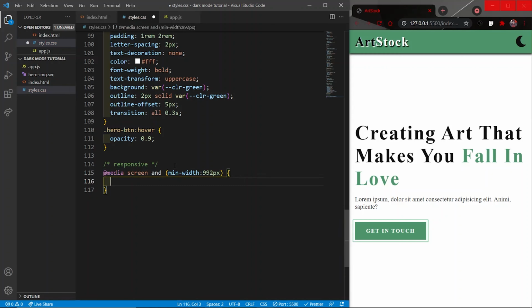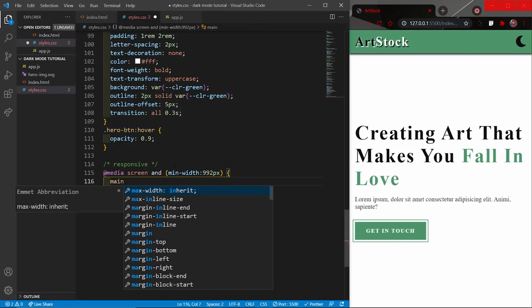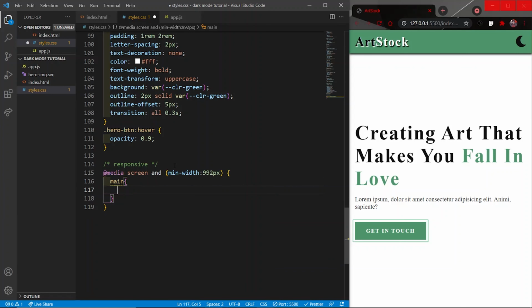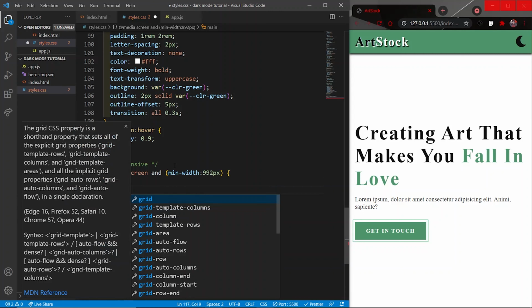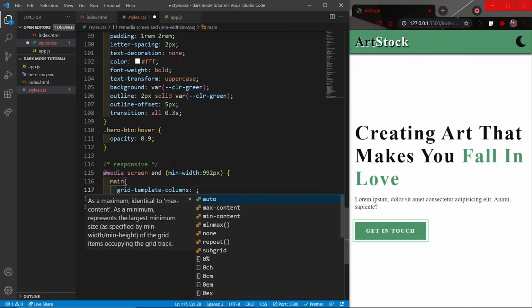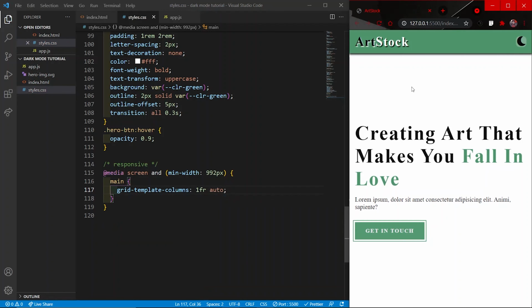So the first thing I will do is divide my main tag into two columns, because for the small screen we only have one column, but for the bigger screen we will have two columns. One will be this info and the second one will be image.